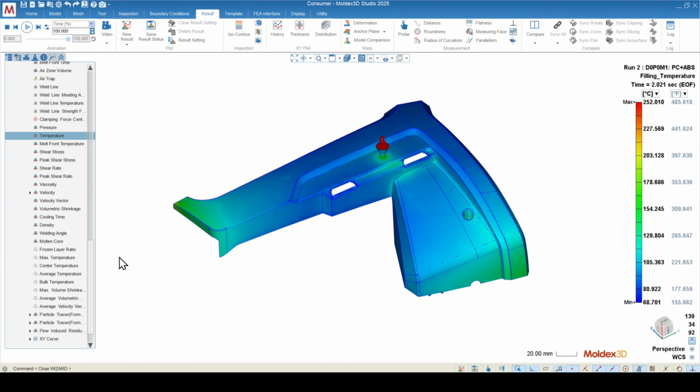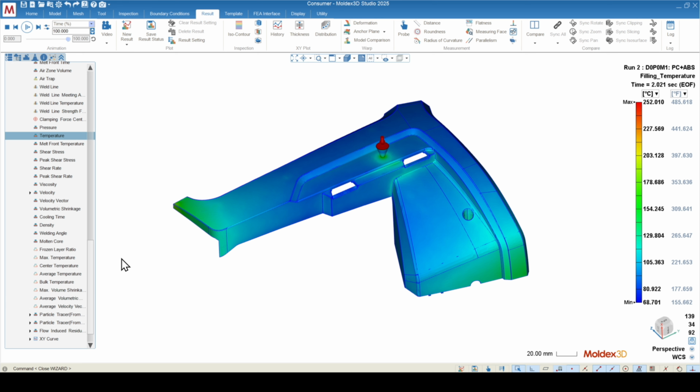When we're thinking about how the part is going to warp, we need to understand how the temperature variation looks like across our part geometry. There's two sources of temperature variation in the plastic molding process. The first one is the temperature variation through the core of our part, or through the middle of our part geometry's thickness. And the second one, typically implied by the cooling stage of our molding cycle, is the temperature variation across the surface. In this video, we're going to be looking at the temperature variation through the core of our